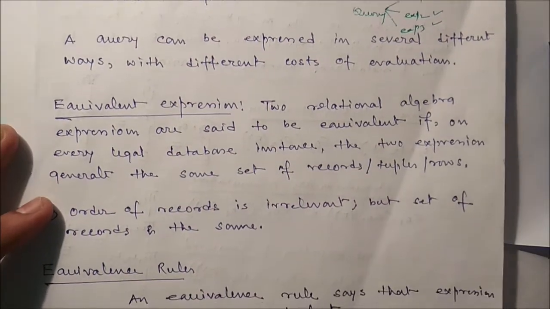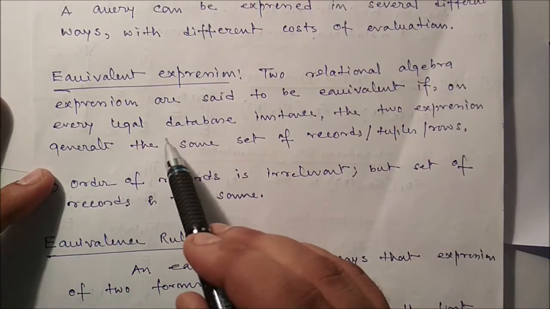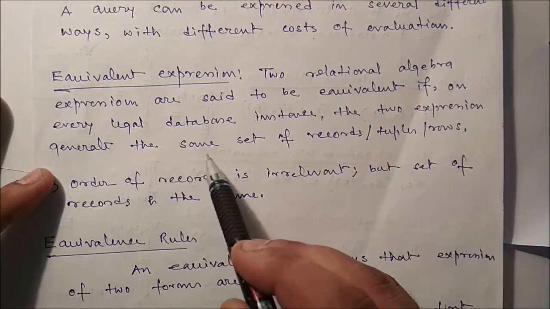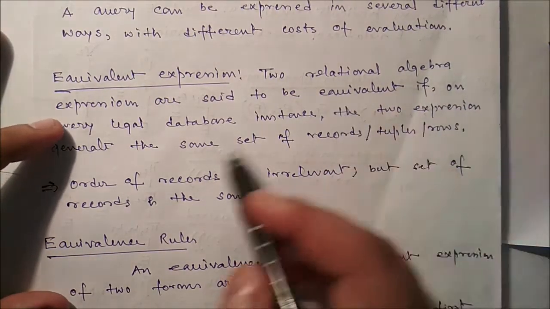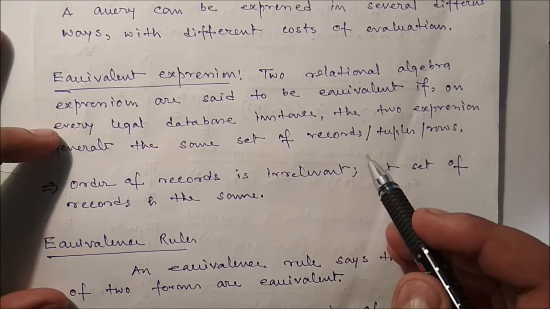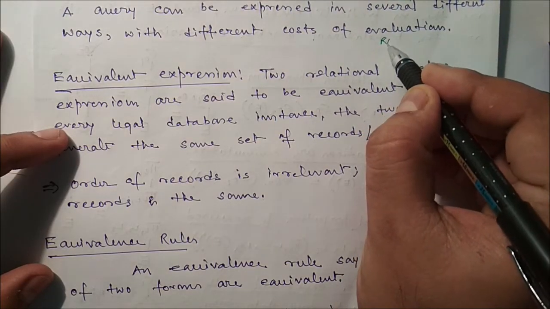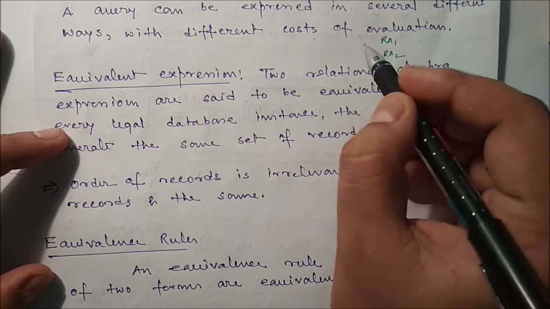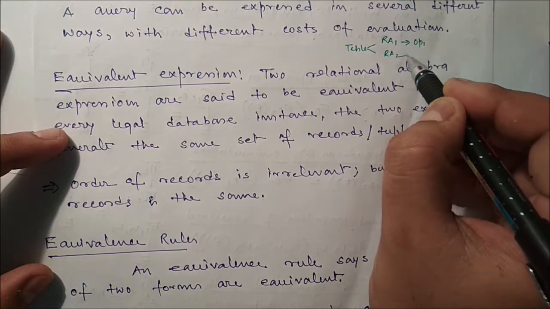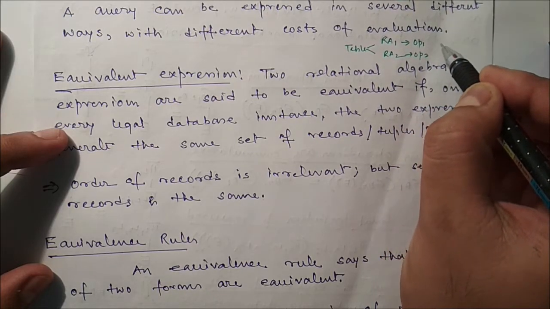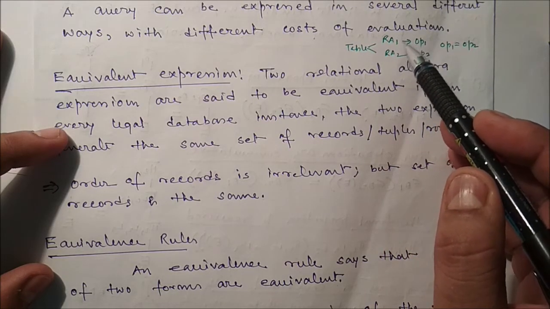Now what is an equivalent expression? Two relational algebra expressions are said to be equivalent if on every legal database instance the two expressions generate the same set of records or tuples or rows. Say two relational algebra expressions are there, relational algebra expression 1 and relational algebra expression 2, and say this table is our input, and if both the outputs are the same, output 1 and output 2, and if both are the same, that means we can say relational algebra 1 and 2 are both equivalent,